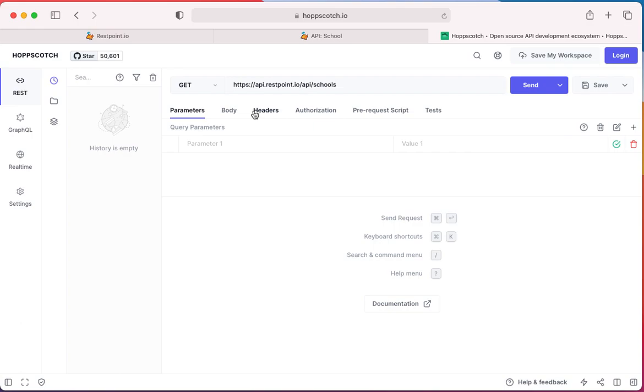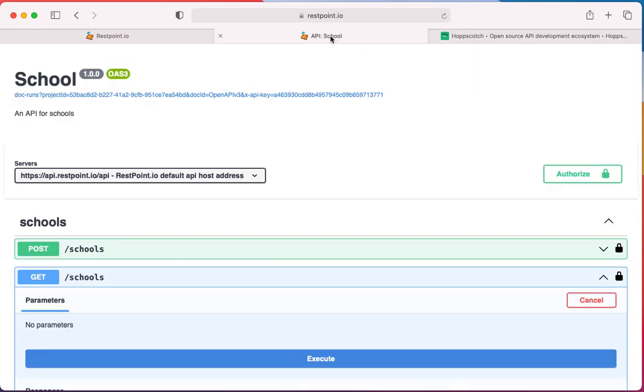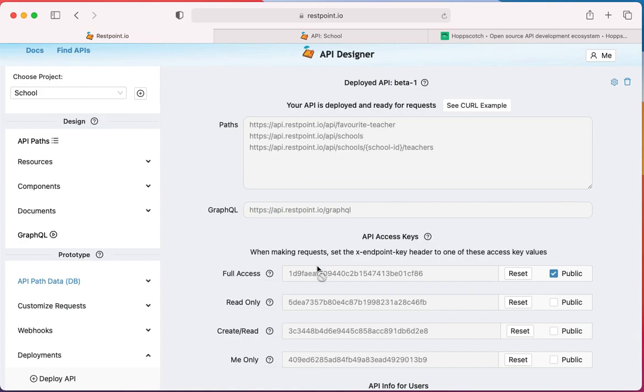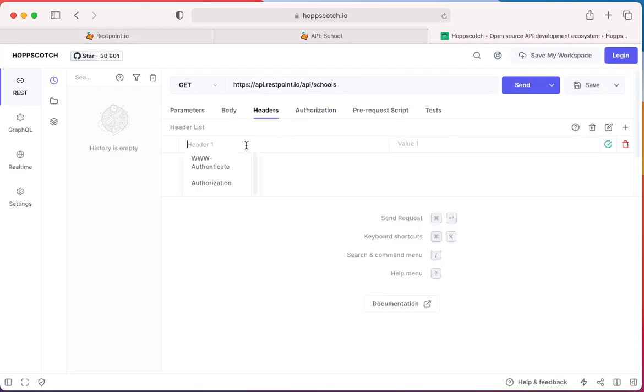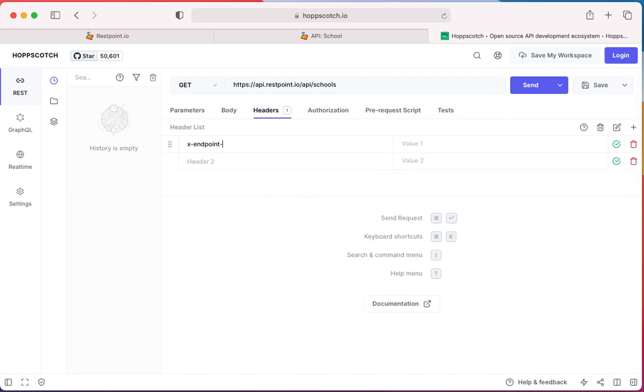And then I'm going to put in my header. I'm going to grab my full access key. You'll see here it says make a request, set the X endpoint key. So we're going to add that in here. We're going to say X endpoint key, and we paste it. So now when I click get,